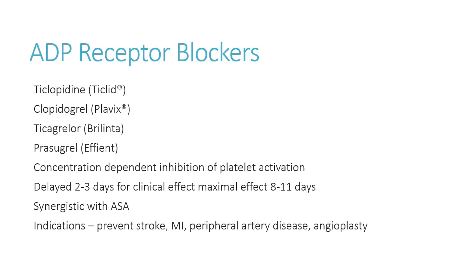And oftentimes, when patients have these administered, you actually give a loading dose up front. And again, what does a loading dose do for us? Yeah, it shoots you up to steady state immediately, so the platelet should be inhibited almost immediately. As soon as you get that loading dose in the system, it gets absorbed, you're good to go. This is why it's good for things like prevention of stroke and MI, but also